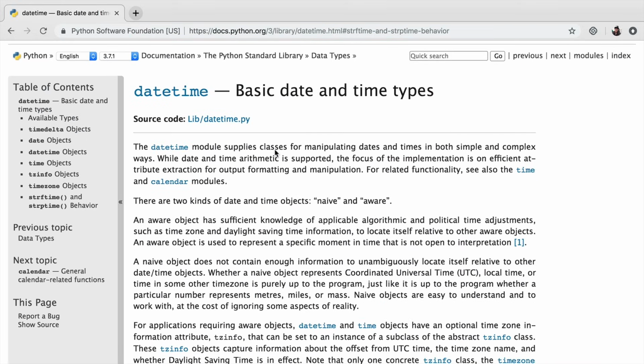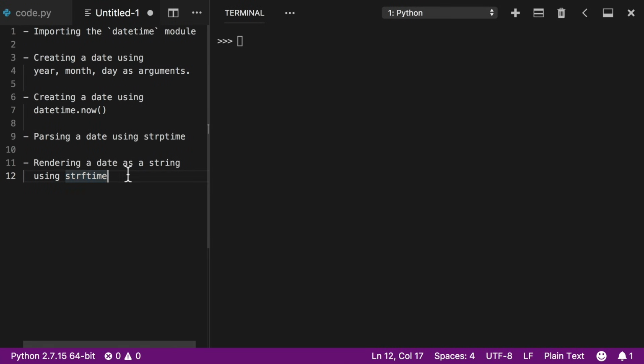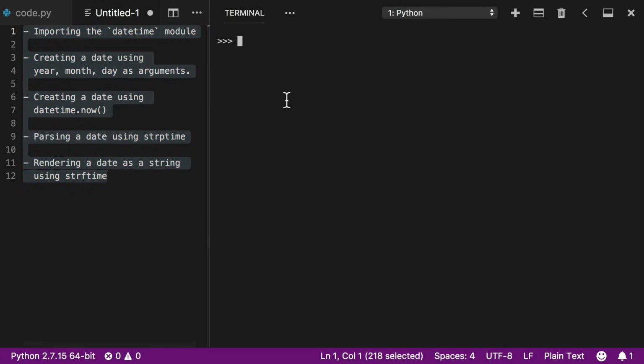And if you're really interested in datetimes, you can start looking at things like naive versus aware datetimes, which allows you to work with things like time zones and daylight savings and all that good stuff. And Python provides a lot of that functionality just straight out of the box. But these are a lot of the basic concepts that we just covered. So I'm going to leave it up to you guys to investigate a little bit more.